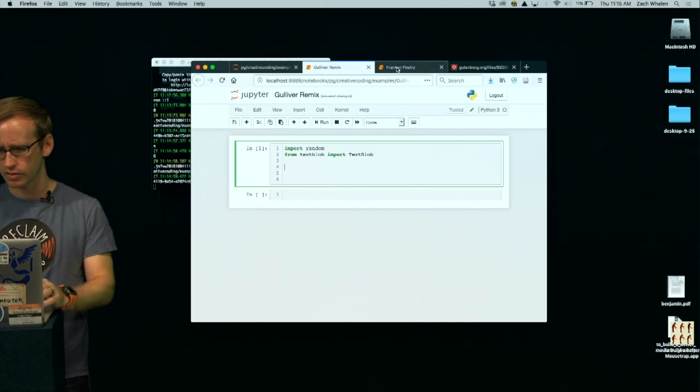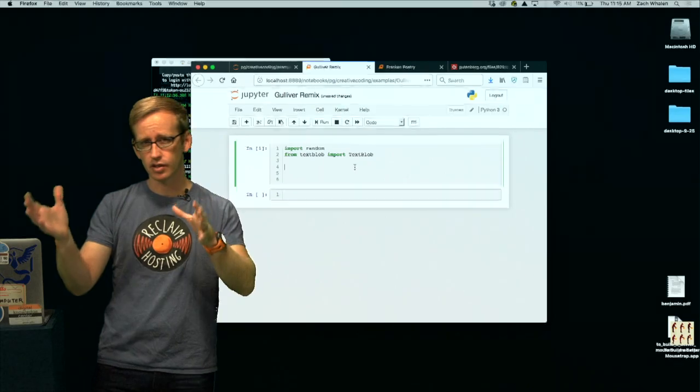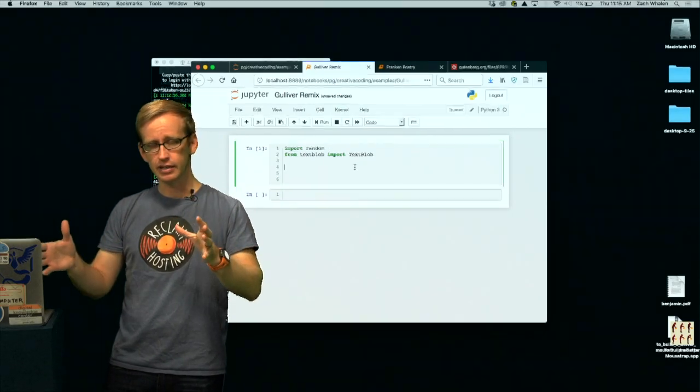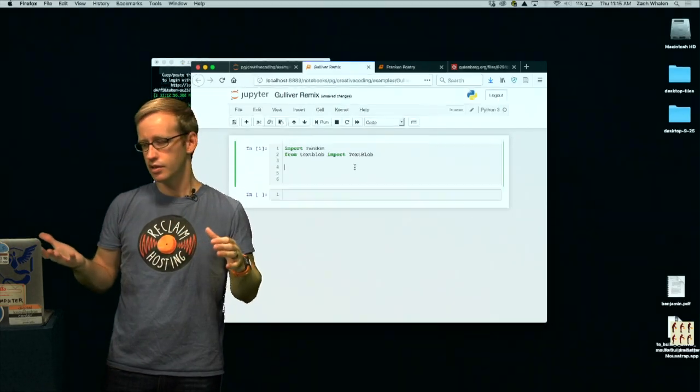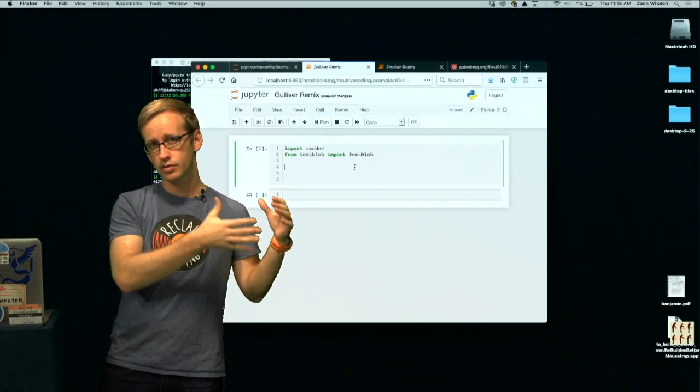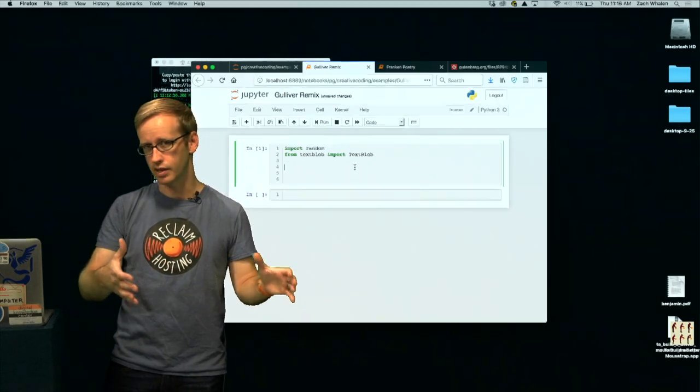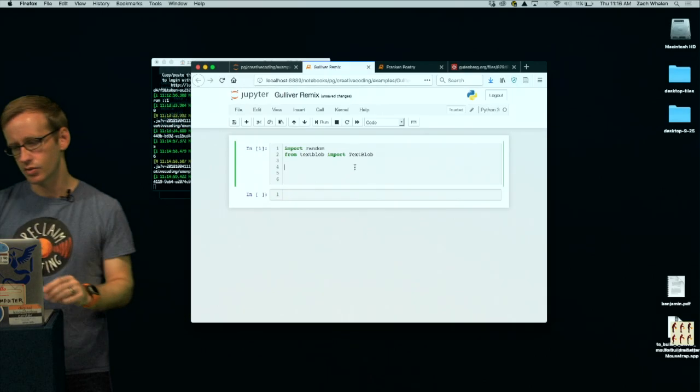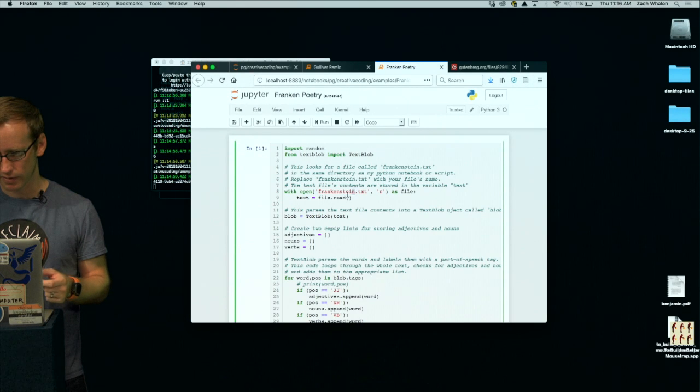So I need to actually get my Gulliver.txt data, all of the words in that novel, into my program so that I can work with them in some way. I need to take that data into this program. So the line for that, I always forget it, so I just always have to copy and paste it.